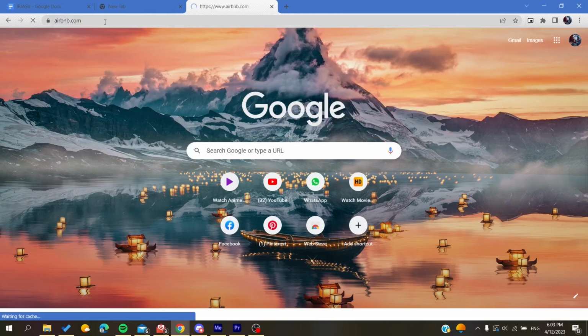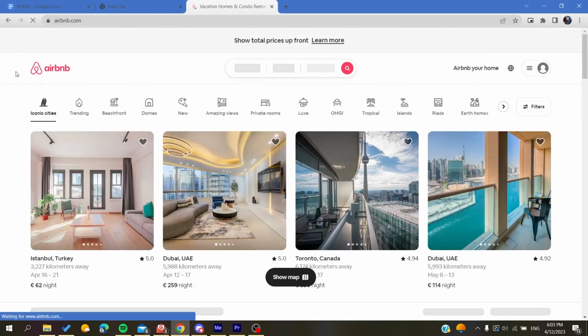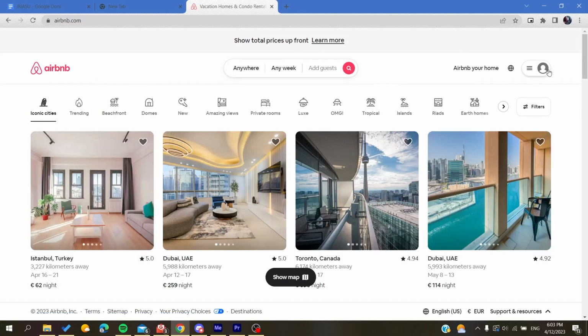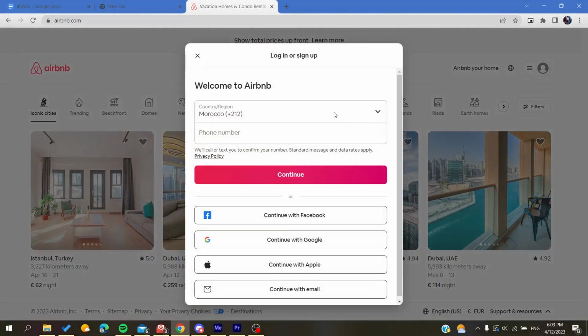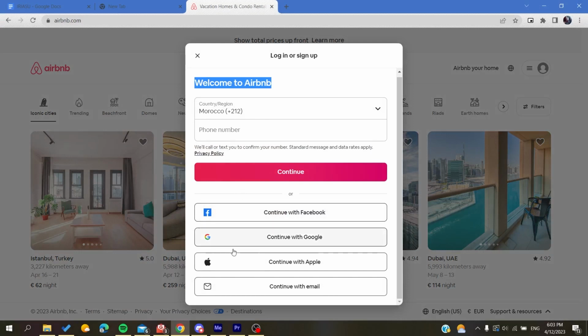After you click on it, you will be redirected to the Airbnb website, and then you will need to create an account. Basically you just need to click on this icon here at the corner. You click on it, and of course you are going to click on sign up, and after that you can either sign up with your phone number, or with these alternative accounts, either Facebook, Google, Apple